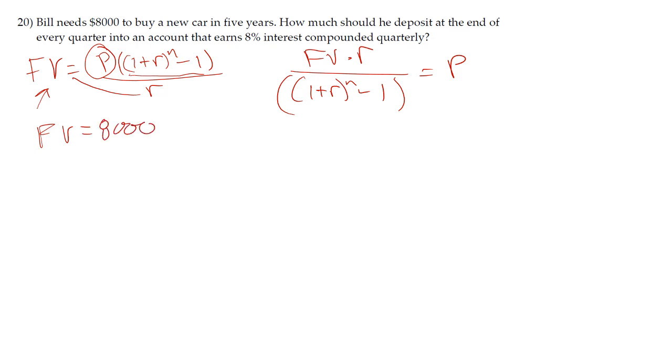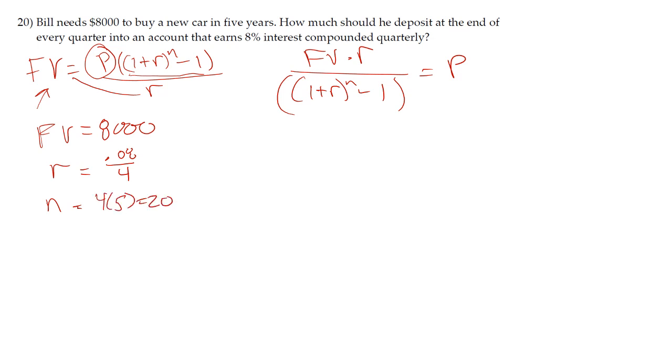We want to do this in 5 years, so we need our rate and our number of pay periods. Our rate is 8%, but that's compounded quarterly, so we have to take that 8% and divide it by 4. That way, each pay period will know that it's 8% divided by 4, since it's split up 4 times a year. And for 5 years, how many pay periods are we going to have? Well, it's 4 times a year for 5 years,